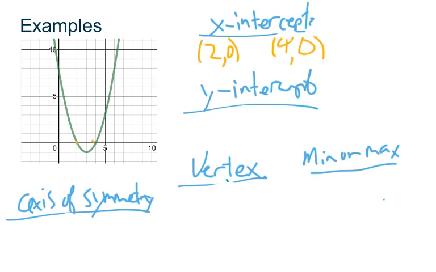4, 0. Next, let's look at the y-intercept. All right, this one's a little bit tricky, but it's right there. So that's at 0, 8. Now we'll work our way to the vertex. The vertex down here at 3, -1. And given that the parabola is forming a U going up, that means it is a minimum value, not